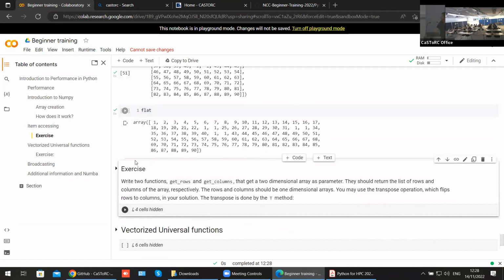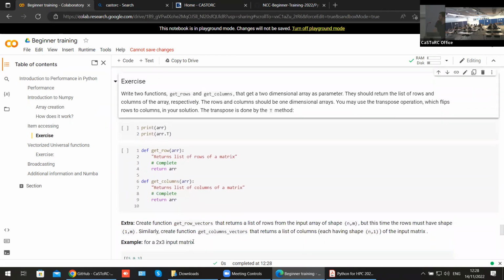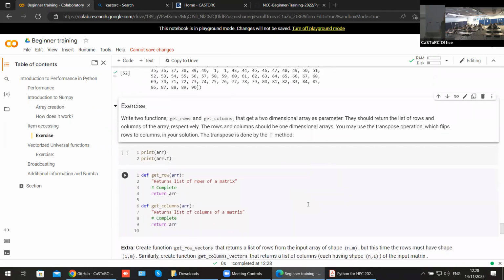Okay, we are at 30, perfect timing. We are almost at the end. Here there is an exercise for you about creating two functions, one named getRow and one getColumns, which return the rows and the columns of an array. You should try it out. So basically, you want to use